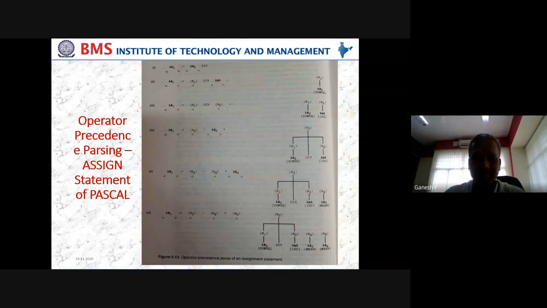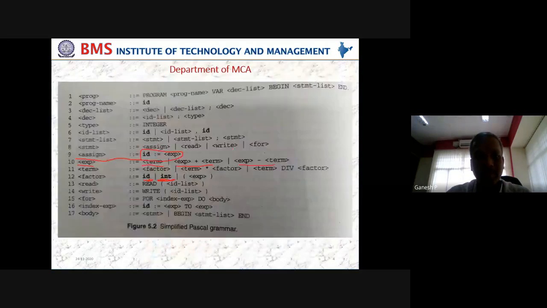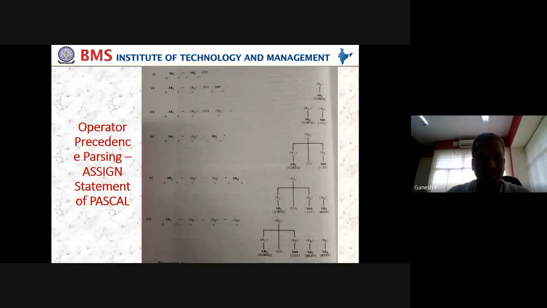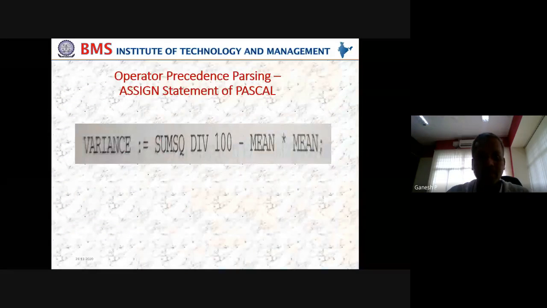The left-hand side can be written only if we have the matrix in hand. So in the exam, they might give the matrix, they might not. 100% the matrix cannot be printed in the question paper. So what they can ask you is, probably by giving maybe 9, 10, 11, 12 statements, they might ask you to construct an operator precedence tree.